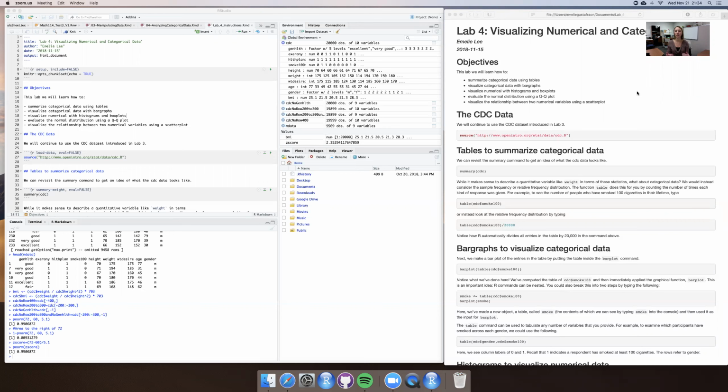So we can make a table of this by using the table command, and then we want to use the CDC data set and the smoke 100 variable. So if we run that, right, we get this itty bitty table of 10,559 zeros and 9,441 ones. So there are 2 counts in our 2 categories. Often, it's pretty easy to compare these 2 counts, mostly because we only have 2 categories. If we have more than 2 categories,